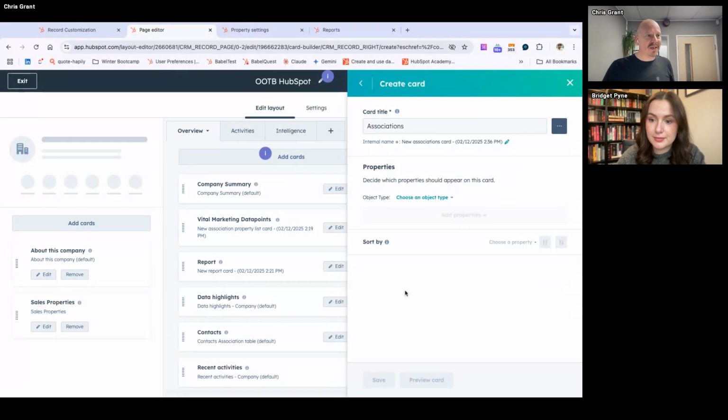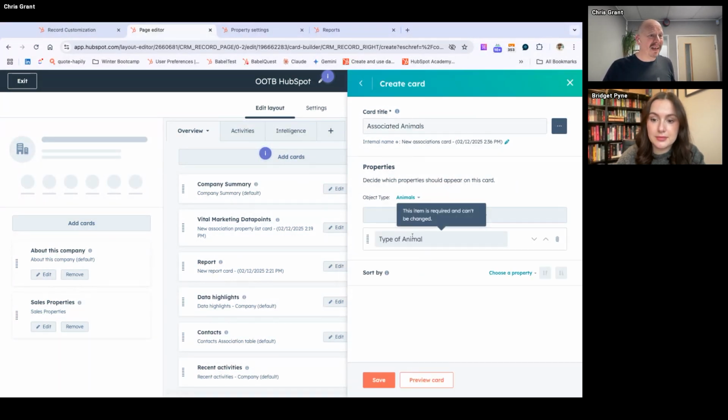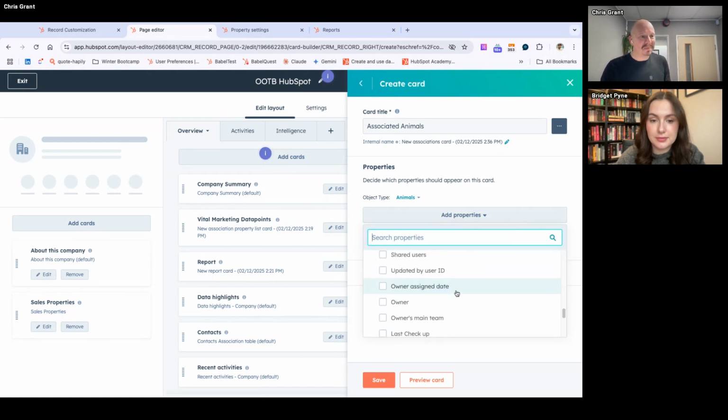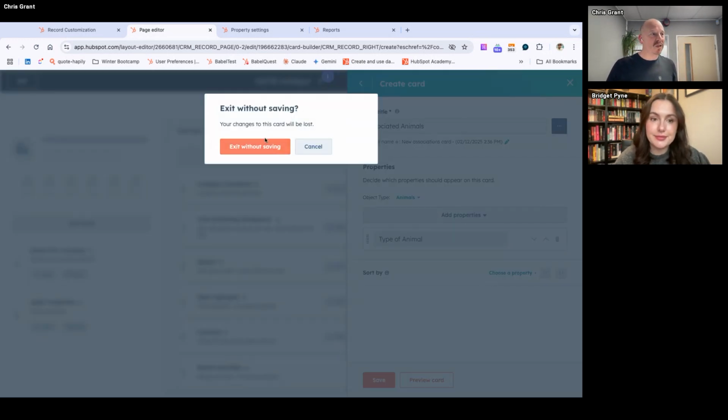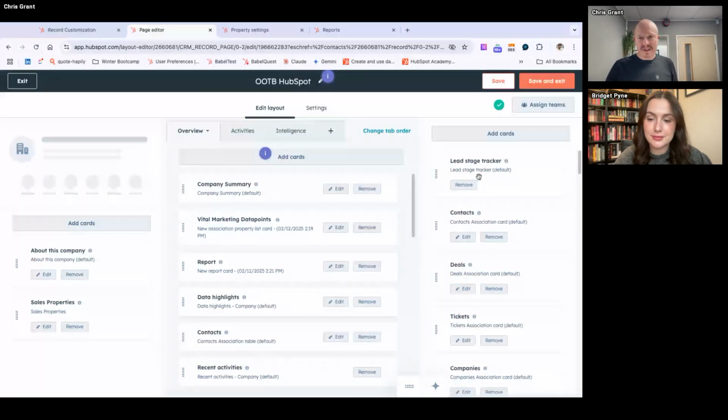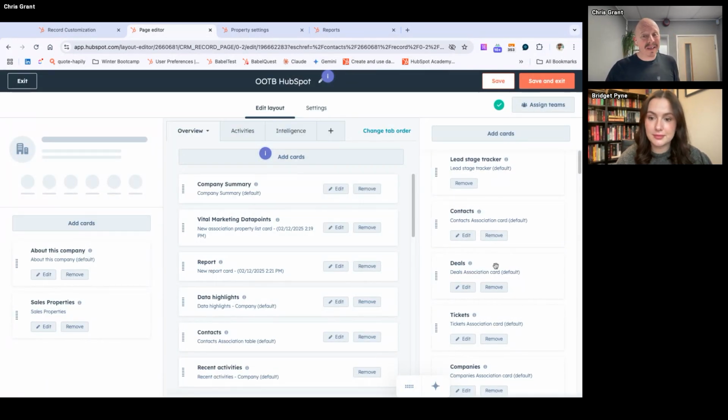And we've also got our new cards. So we can create an association card, and we can, if we want, let's say we're a vet, we want our animals card, and we might want to then add our animals property. Now, again, this is our test portal, so there's nothing hugely useful in that. But with the right-hand side, it's a case of thinking about what is it people need to see and how can we declutter. So it's almost get rid of everything and then gradually build back up so that we're getting something that's useful.